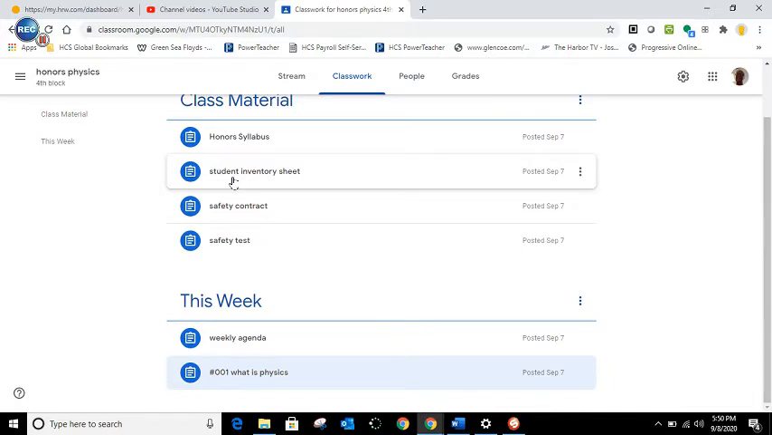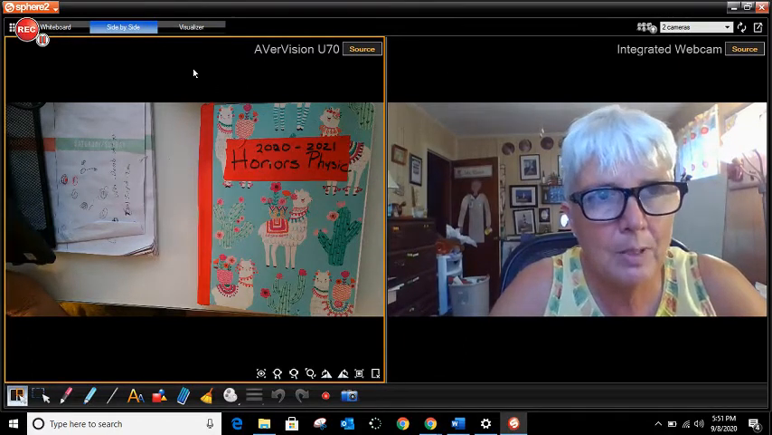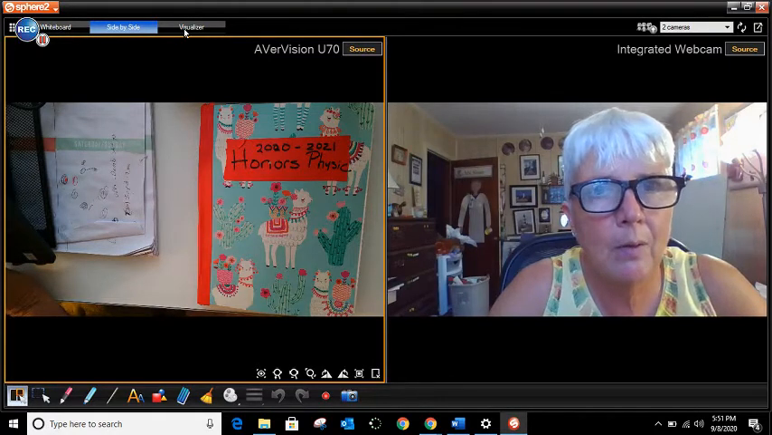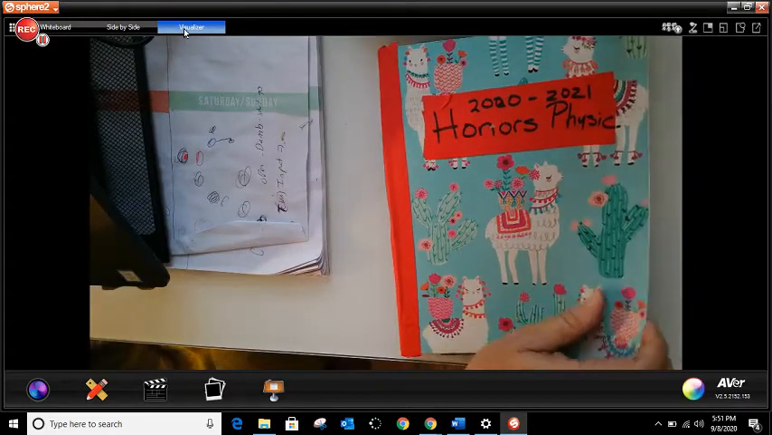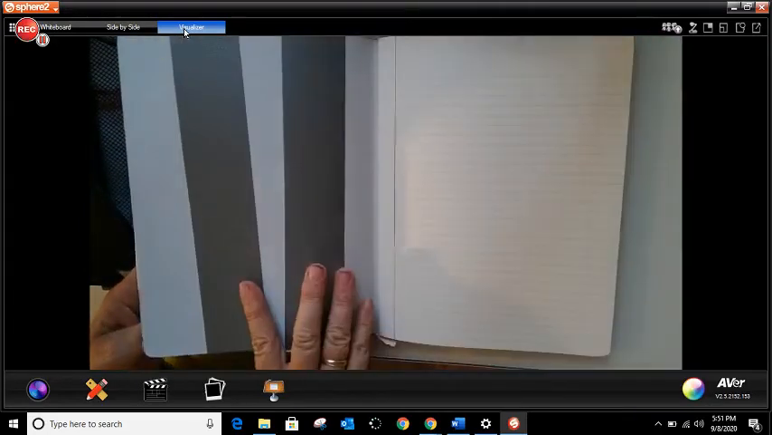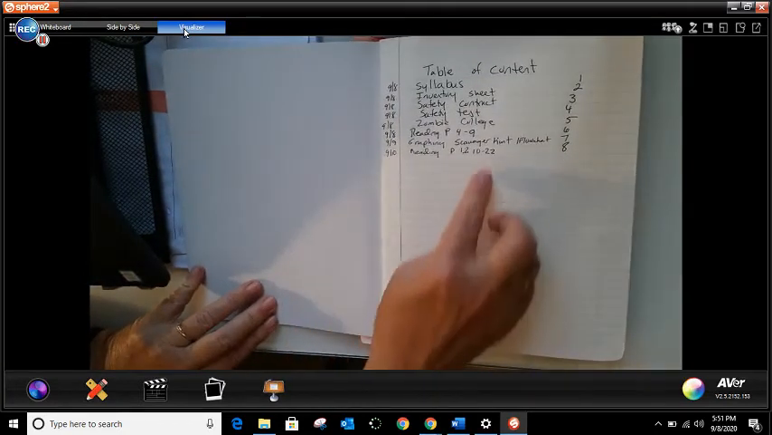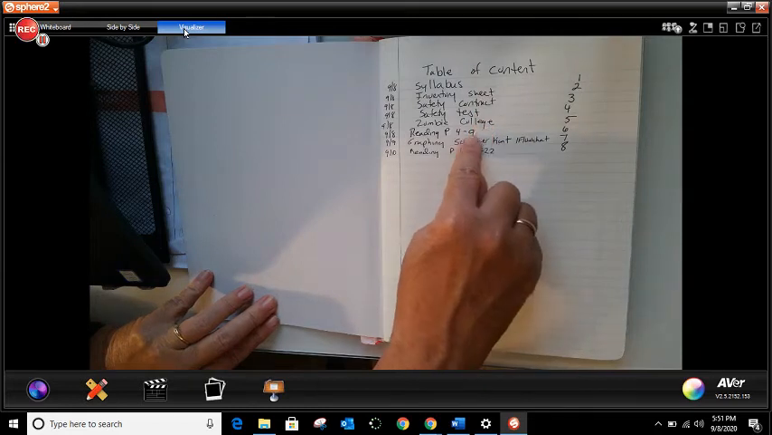Now what I'm going to do is go back to my ISM book, and I'm going to show you that one, and we're going to go over it a little bit. When you get here to school, you will get 2 ISM books. The first thing you're going to do is tape them together like this. Then you're going to start with the table of contents. So you have a syllabus, inventory sheet, safety contract, safety test, zombie college, reading 4 through 9, scavenger hunt, and